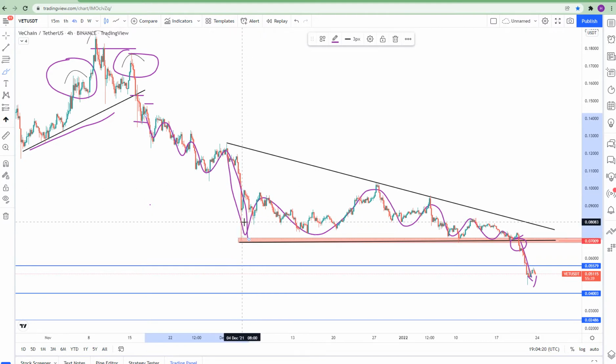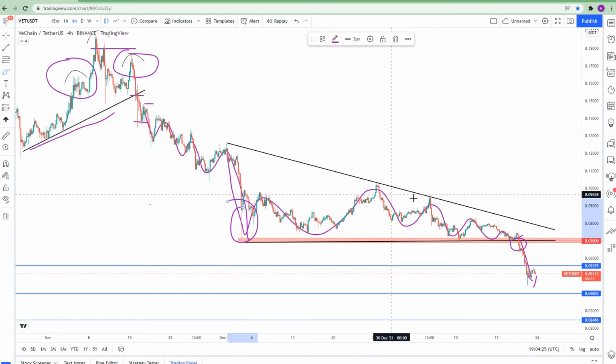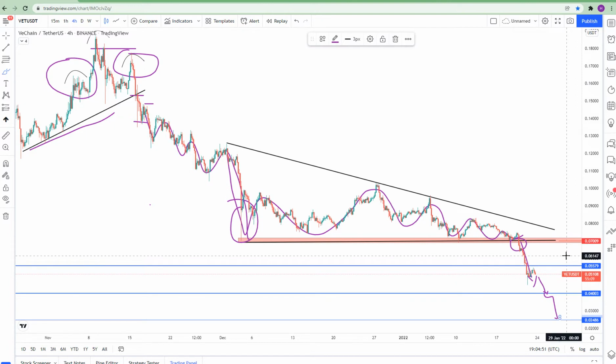Here in the start of December, it made this huge wick, and after that consolidated a little bit, and then finally broke below this triangle. So what is the next downside target? As of now, we can see that the market is trading around the 0.051 area, and the downside target is the 0.04 area. So 0.04 is the next downside target, and if this area gets broken, then our next target will be